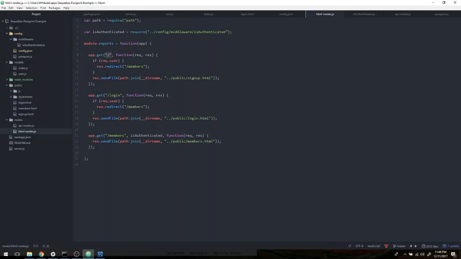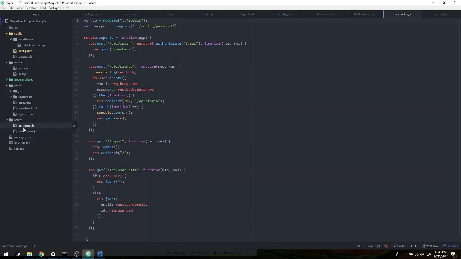This whole route page, HTML routes, has 3 GET requests, one for the root directory, one for the login page, and one for the members page, and they load all those HTML files that we already looked at. The other routing file that was required is API routes. And it looks like API routes is requiring all our models, saving it as a database or DB variable, and then also the passport information is being saved into a passport object